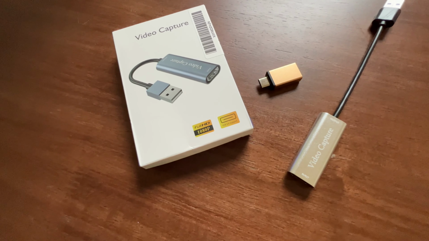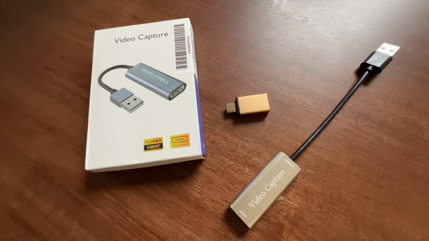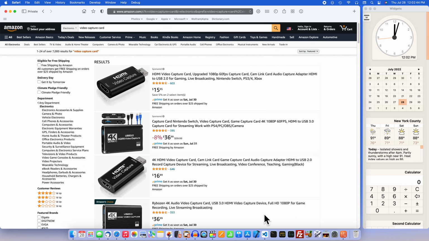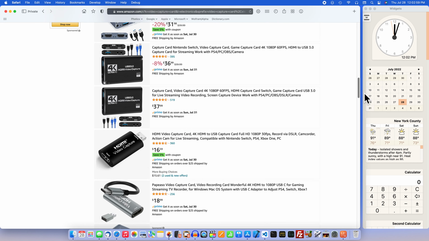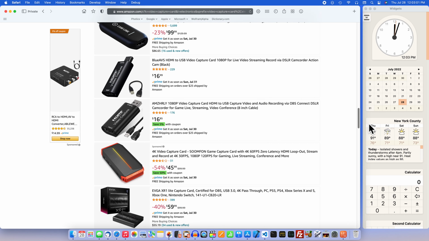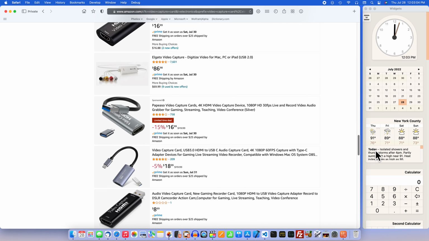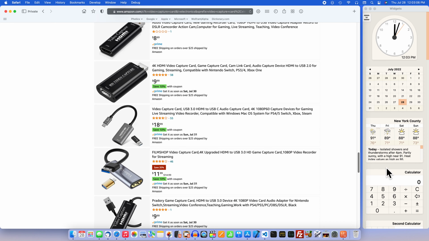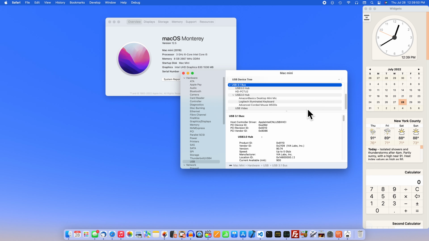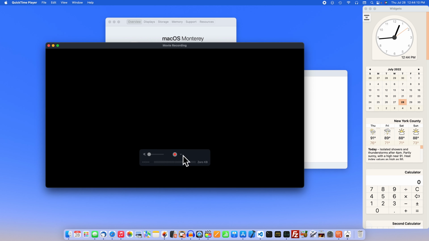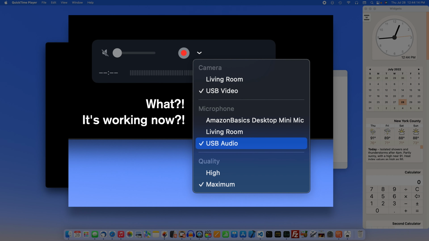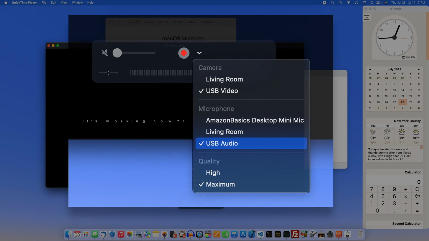This took an unusual amount of time, as there are so many different options. If you search Amazon.com for video capture card, you can see lots of listings. I'm not prepared to recommend one of these devices, at least not yet, as I'm not quite satisfied with the results. There were a lot of connection problems. Also, QuickTime couldn't see any video capture devices, which would have made this project so much easier. That was the first lesson.